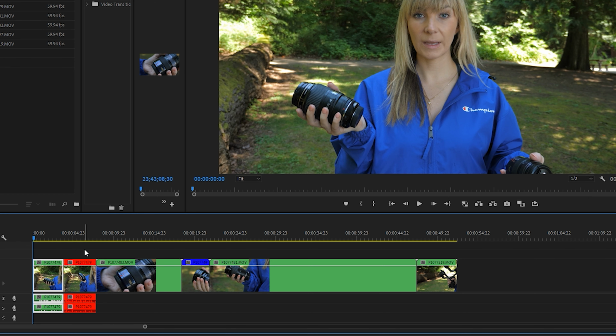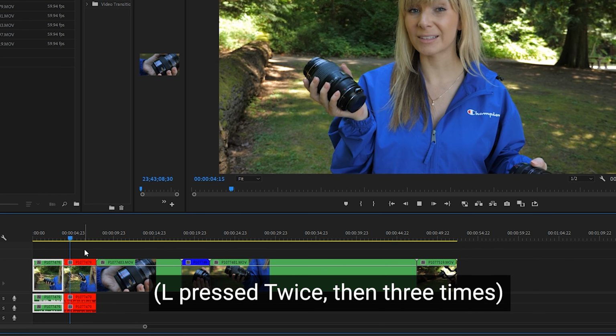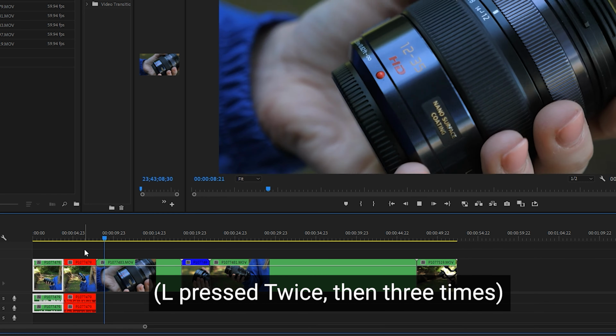So an example of this is while you're going through the footage here, you can press L to play. That will be just like pressing the space bar. But then if you keep pressing L, you can continue to keep increasing the playback speed. If you want to go backwards, J will work the exact same as L. So J, K, and L is super handy, and I highly suggest you start incorporating it into your editing if you